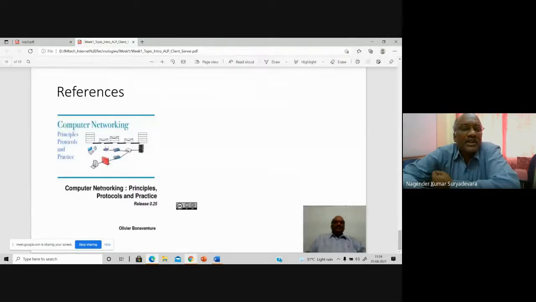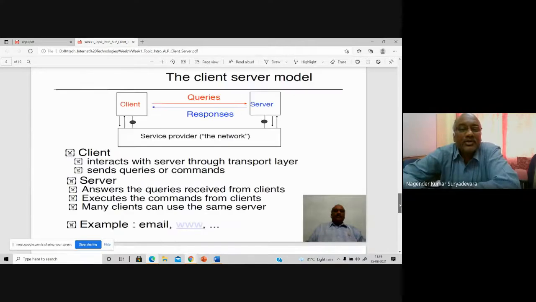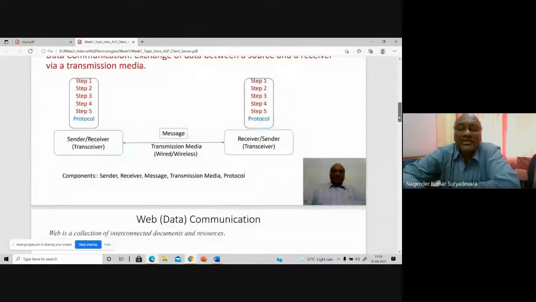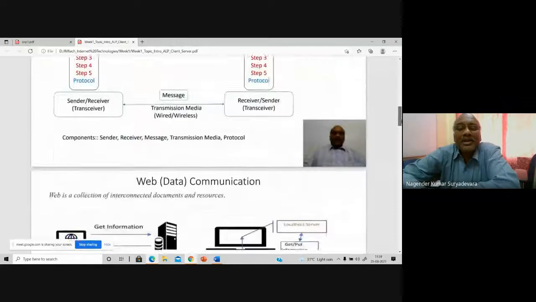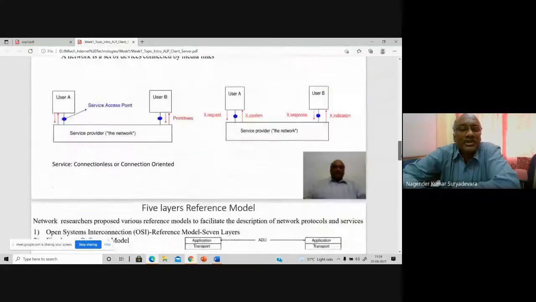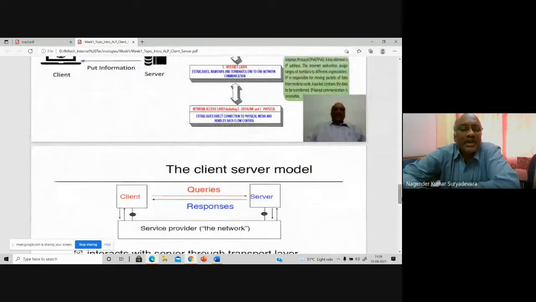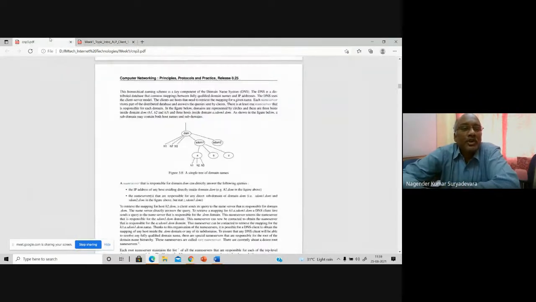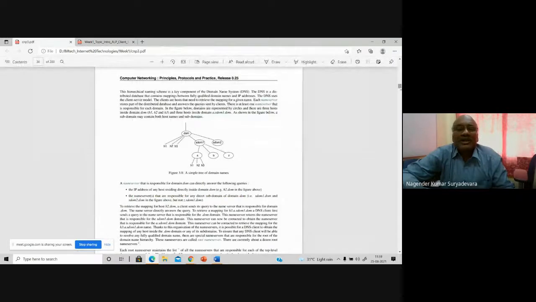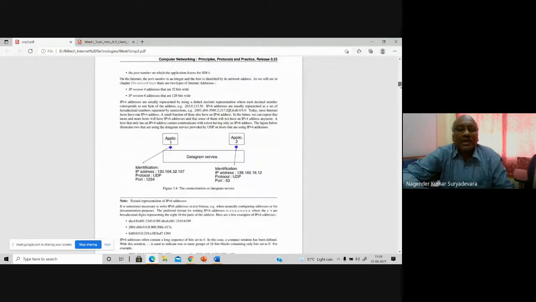The points which I've taken are from this book only, the first edition, of course. You can always download that book and read more and more. If you only look at TCP/IP, it will take a very long time. But don't worry, it is not that much. The minimum things that are required for you, I have already given here, and you can further read the chapters whose numbers I have given there. The slides and figures are also from this book only.